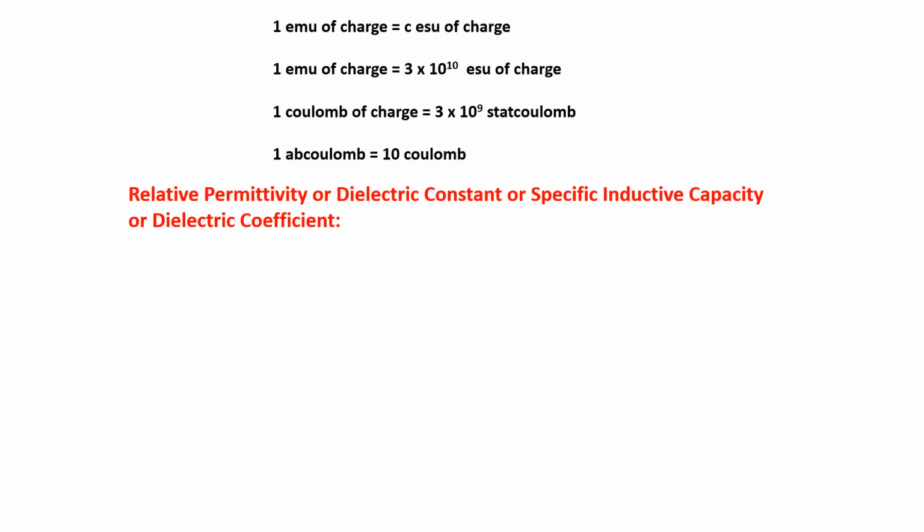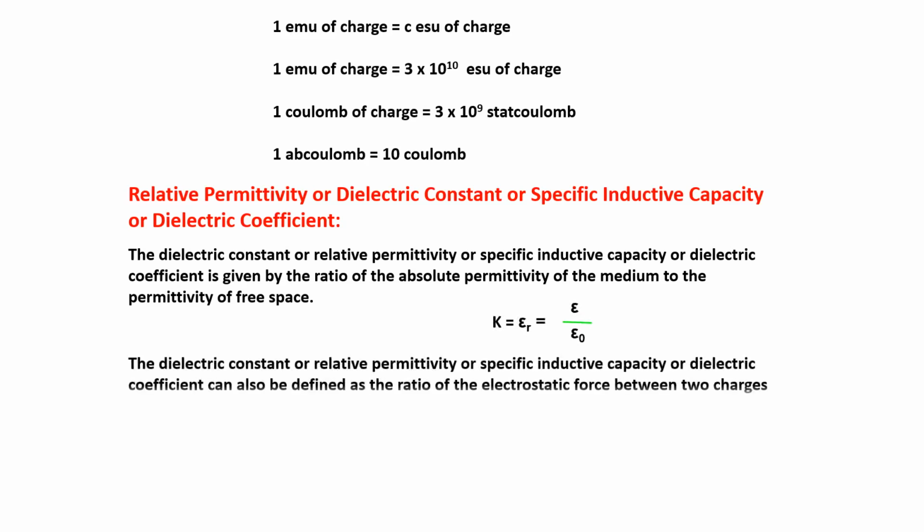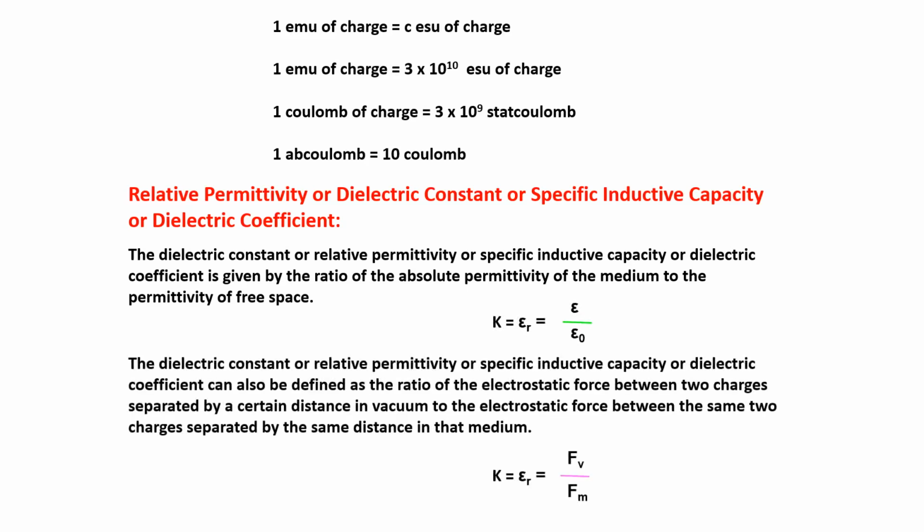Now, relative permittivity, or dielectric constant, or specific inductive capacity, or dielectric coefficient. It is the ratio of the permittivity of the medium to the permittivity of free space. Now there is a relation. We know that F in air or in vacuum is equal to 1 upon 4 pi epsilon naught Q1 Q2